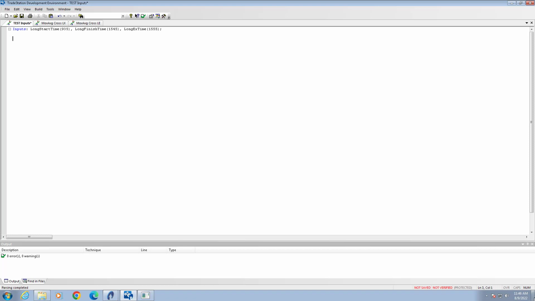We could add the short on your own, and you'll say if time is greater than, you can use greater than or equal to. So we use greater than or equal to the long start time, and time is less than, you can say less than or equal to, we use equal to long finish time,